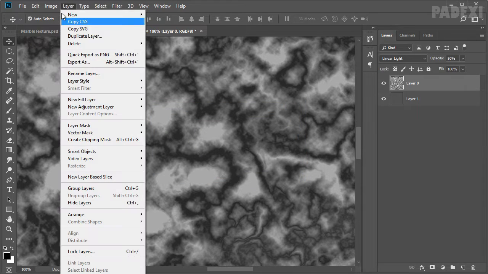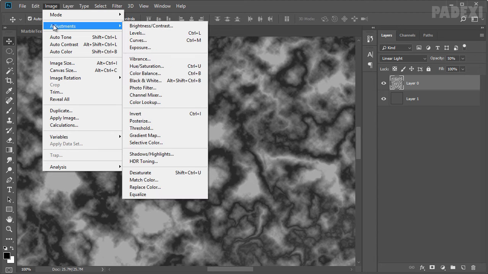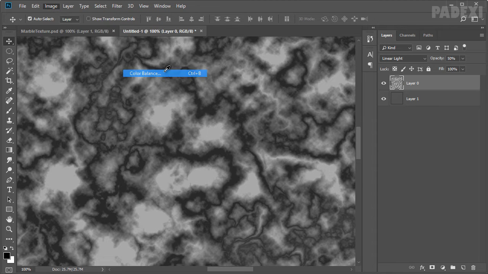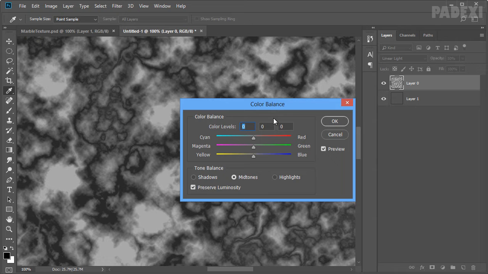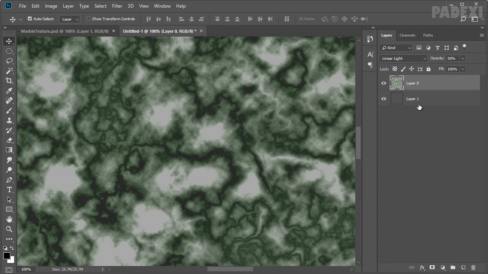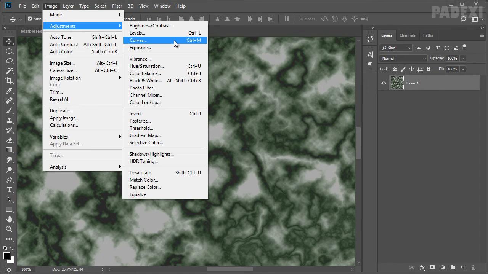Now we will apply the color balance command, and for color levels we'll use these values: 58, 88 and 53, so we get this green looking texture. And then press Ctrl E to merge two layers and apply the exposure command.